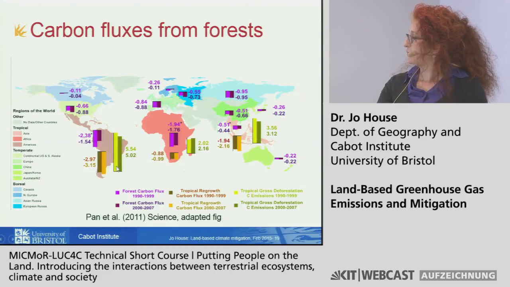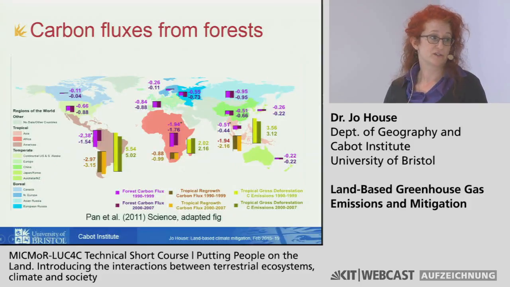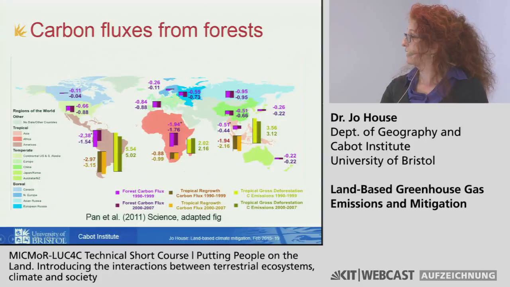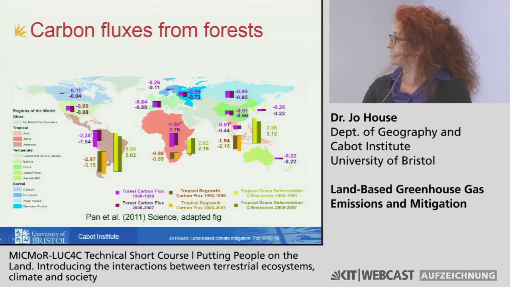And then they've broken out the land use change flux into gross deforestation fluxes and tropical regrowth. So a lot of this is about shifting cultivation, where you burn, you do agriculture for a while, and then you let forests grow. So you've got forest regrowth as well as deforestation. And this was using the Houghton bookkeeping model, breaking out the deforestation flux from the regrowth flux. When you combine those, you get the net land use flux. So here's your residual flux, and here's your land use fluxes for each country.